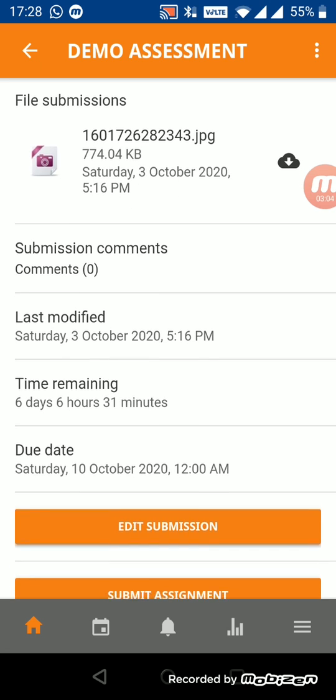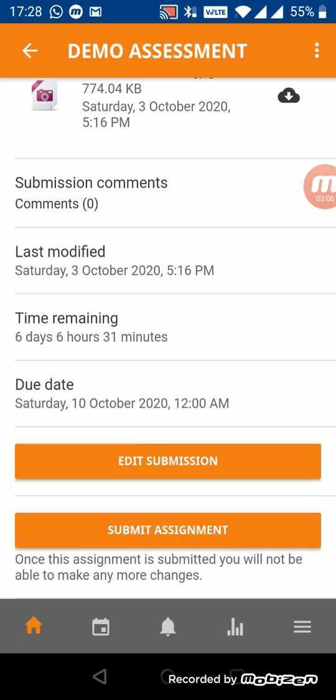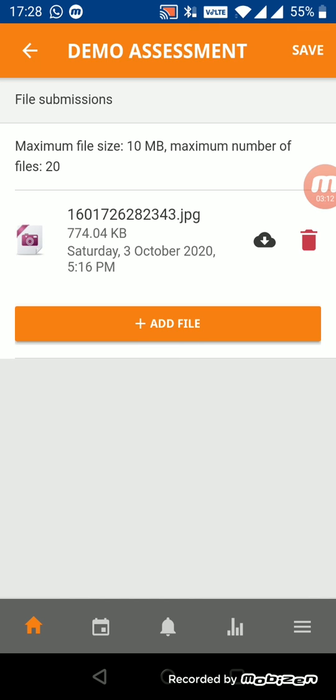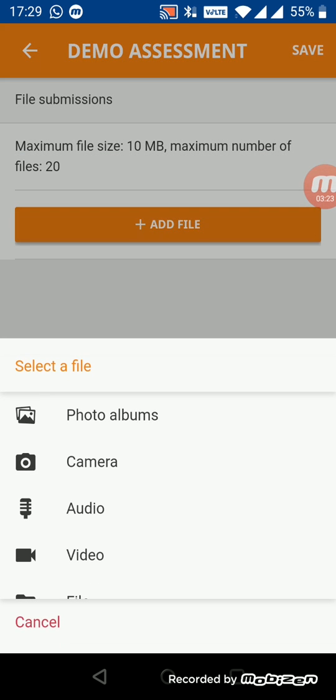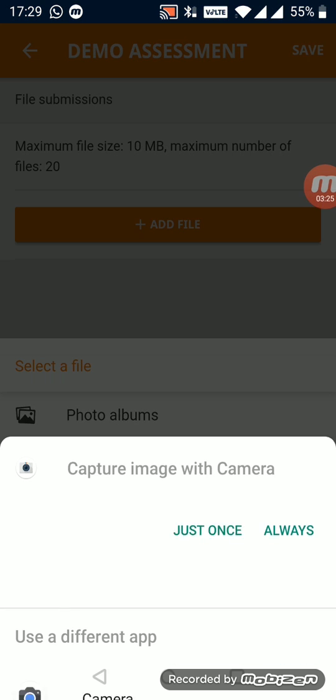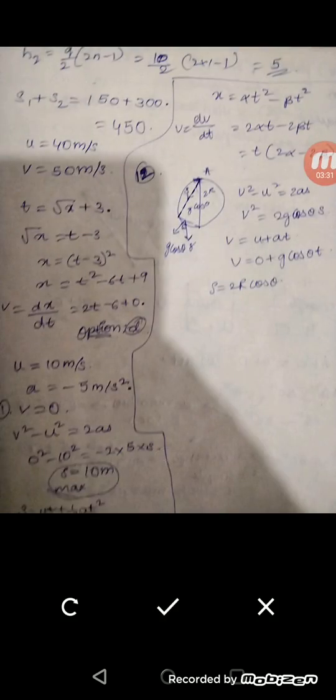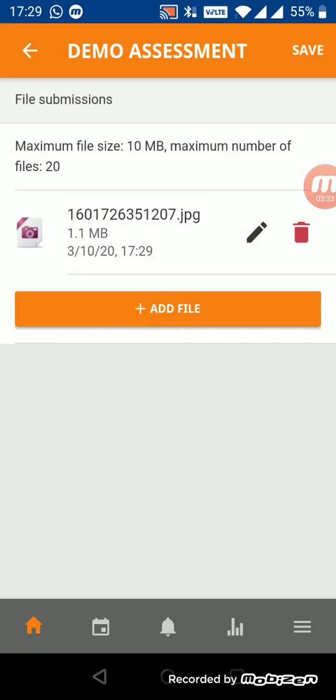Now if there is any problem with it, you can edit the submission. You can again go back, edit it. Say for example, you have a doubt over here, you want to remove this one and add another, or you want to add something. If you want to remove, you can just press on remove, delete, and you can add the answer sheet again. Say for example, again this is the answer sheet, press, it comes over here automatically